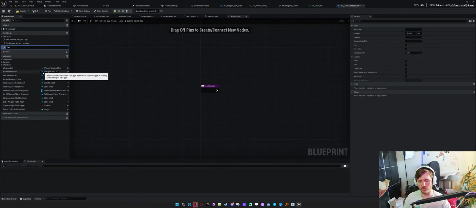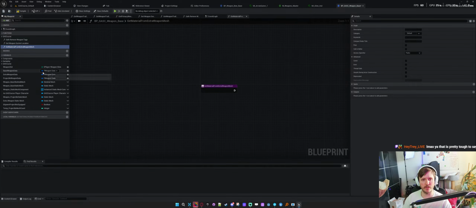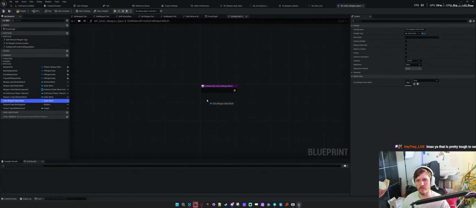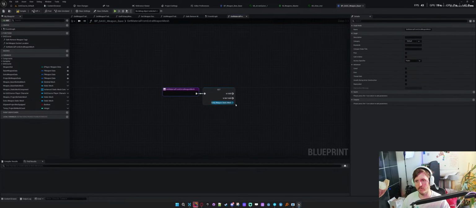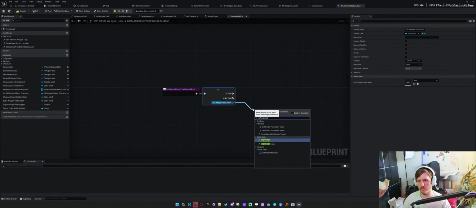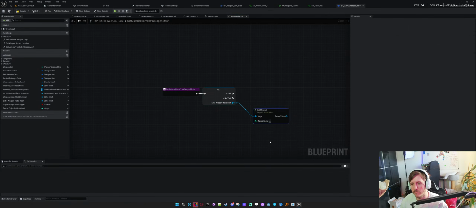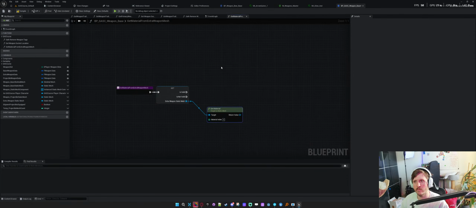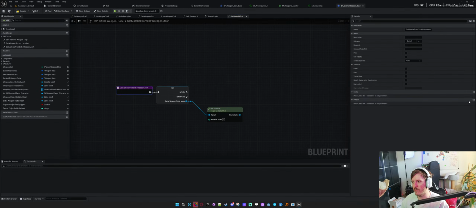Let's make a helper function. So get material from the